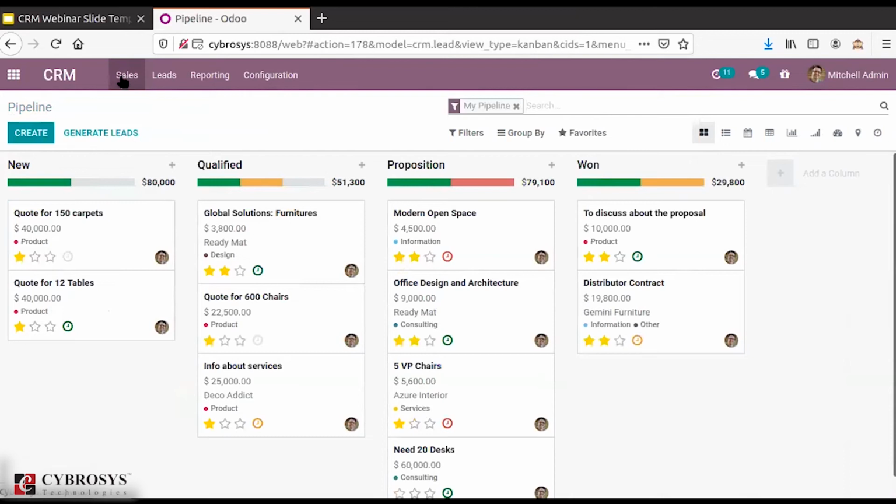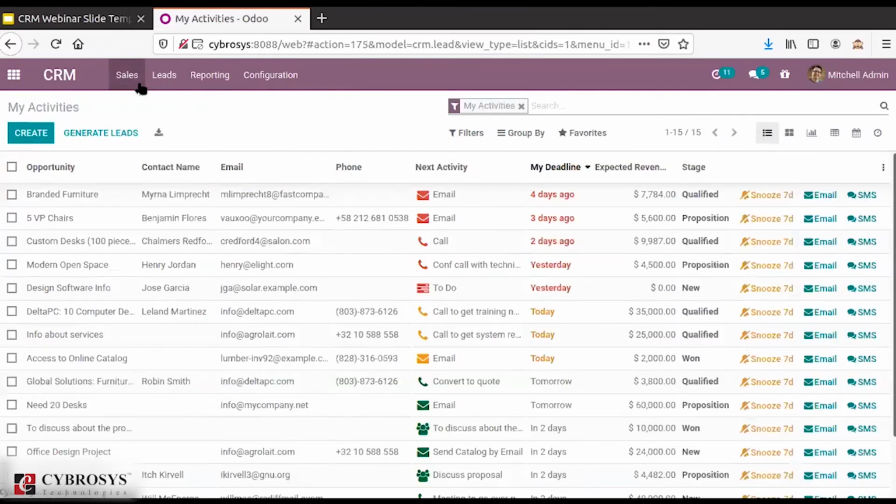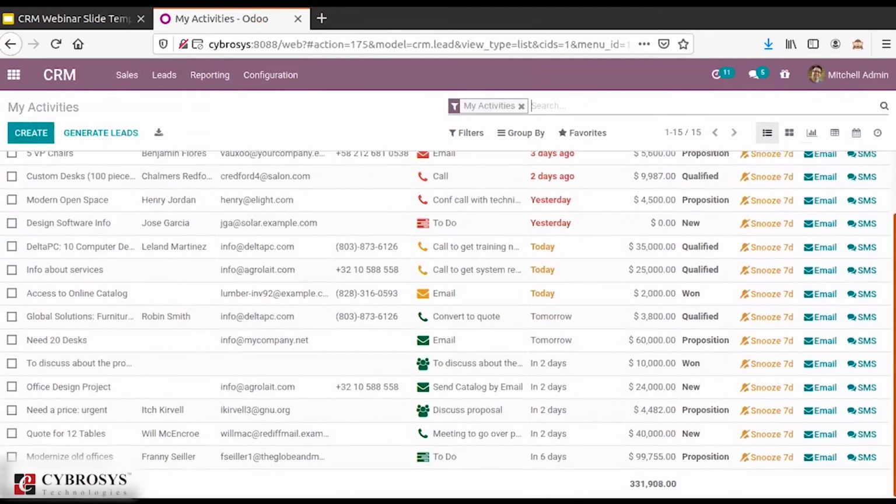In my pipeline, you can see all the related information of your opportunities, stages and different views. Then you have the option to see the activities. Based upon your activities, you can see the different opportunities classified, for which we have the menu called my activities.